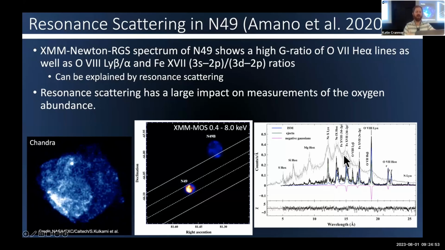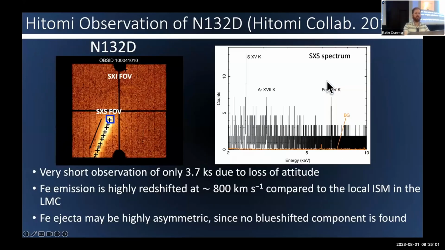Right, so they added in a negative Gaussian to those lines to account for that resonance scattering effect. And for the final case study, Hitomi observed N132D. This was just a couple of weeks before it was lost. So it was a very short exposure. Even during that time, it lost attitude. And so you can see here, this is the SXS field of view. Initially it started there, but once it lost attitude, it started to drift away and it even fell out of the